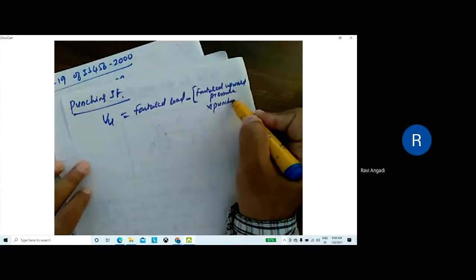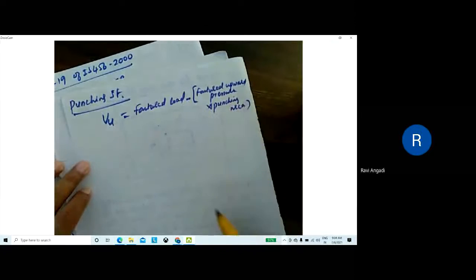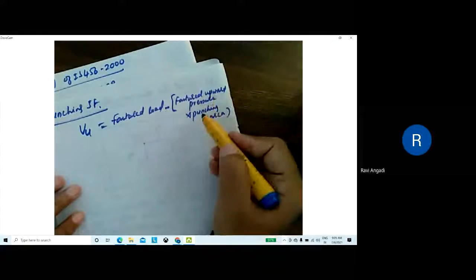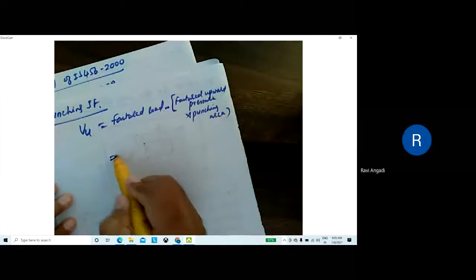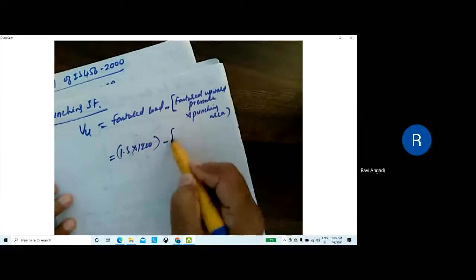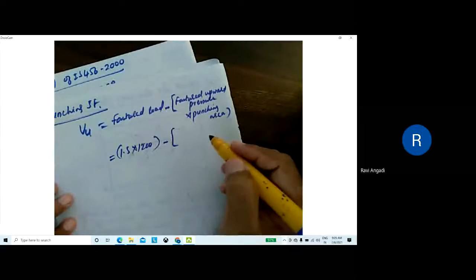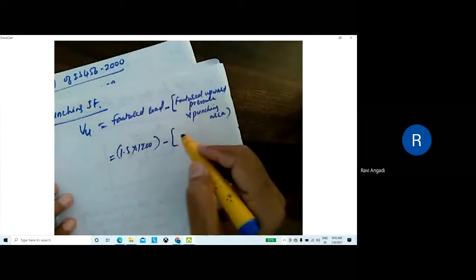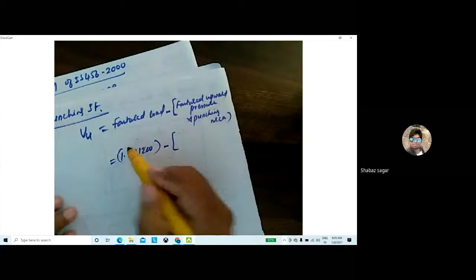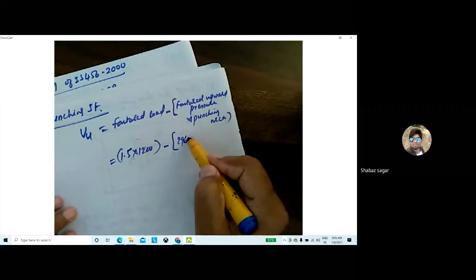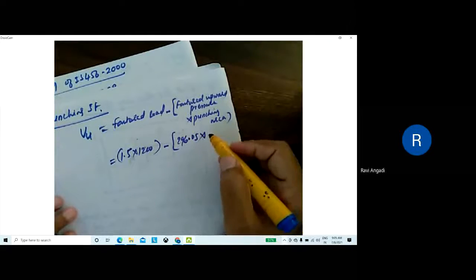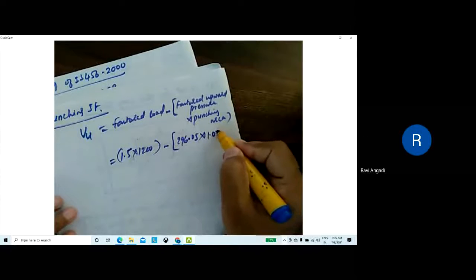Punching area. Right, this formula: factored load minus the factored pressure multiplied by area. How much is the factored load? It is 1.5 into 1200, minus the factored upward pressure, 296.05, into the punching area, 1.0716.